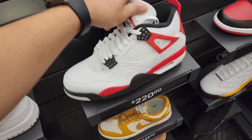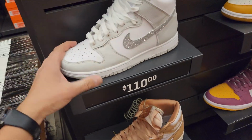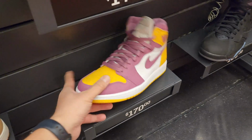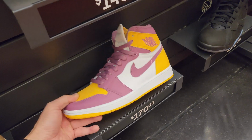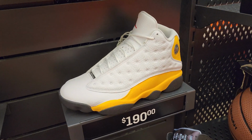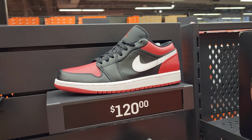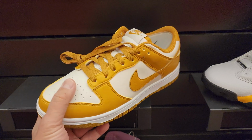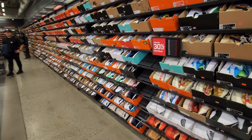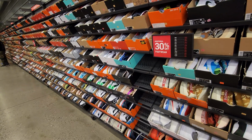Size 11 of the red cement 4s, got some dunks. Remember, these are all retail, more dunks. Jordan 1s, the women's, going for $180. I don't know how they would have these. I haven't seen these in a cool minute, at the outlets at least. And then got some Del Sols, some 7s. Got some of those right there, some lows. And just some dunks right here, but that's pretty much about it. All right, they did have some pretty decent items. Nothing crazy though. Let's see what's up in the back section right here, so see what we could find for